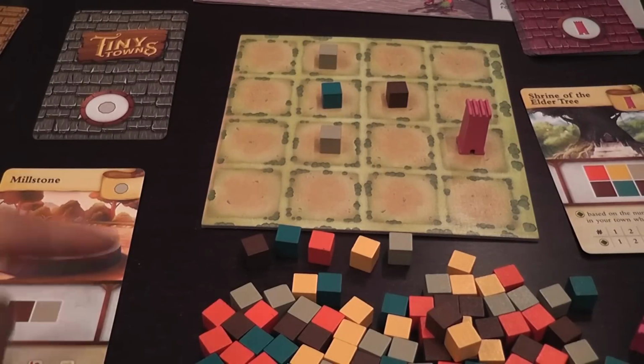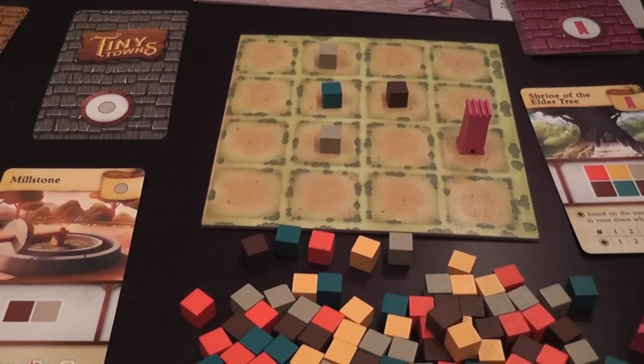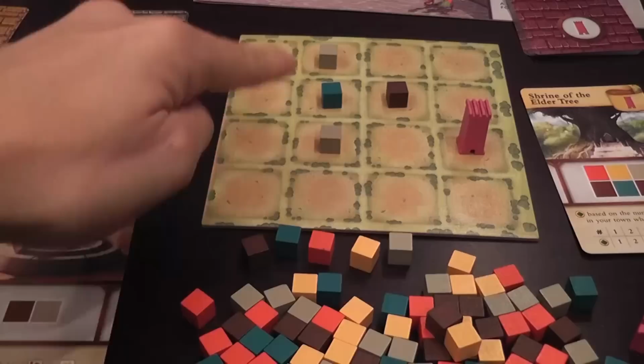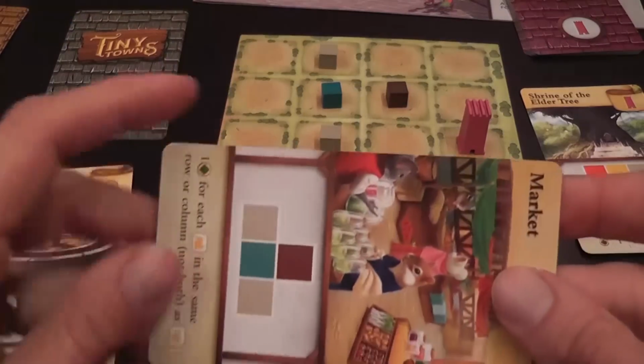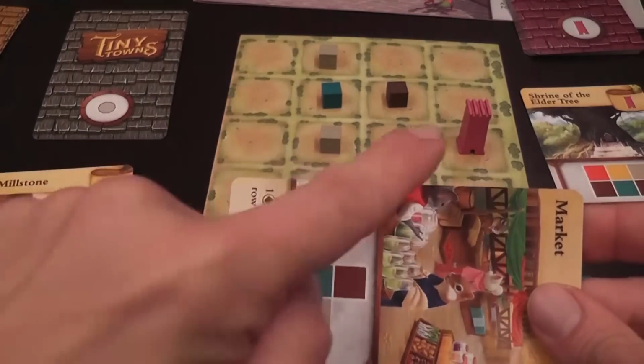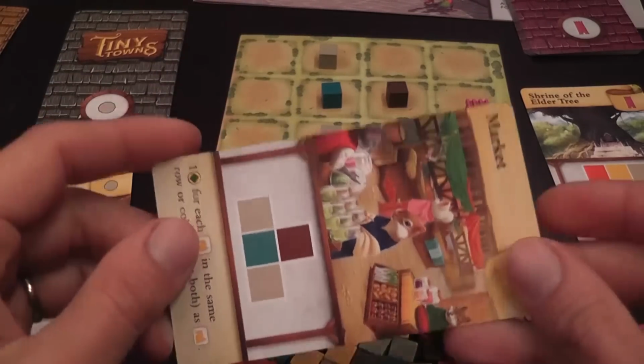So the role of Master Builder, deciding which cube is placed, will change, but everybody plays every turn because everybody must place a cube every turn. When you have a configuration on your board that is the same configuration as one of the available buildings, like I have there for the theater,